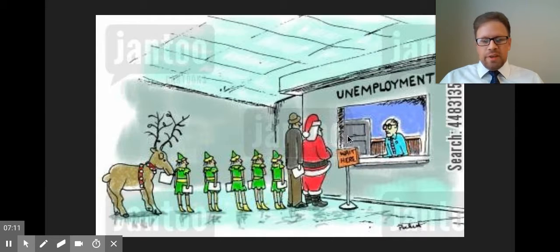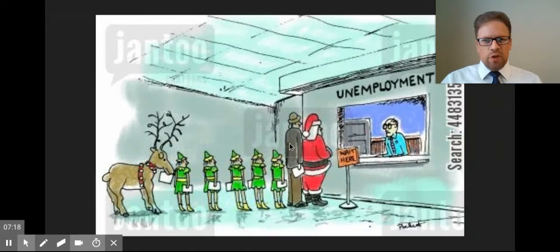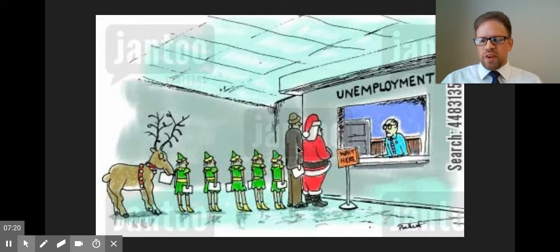Seasonal unemployment. This one is unemployment caused by changes in the seasons or weather. So not only does it affect Santa, it also affects construction workers and farm workers. A lot of times when you're in the cold months, those are times when it's hard to find work. If you ever work in roofing, people don't usually want to have their roofs ripped apart and a new roof put on in winter. So if you work those types of jobs, it's usually harder to find work that time of year.